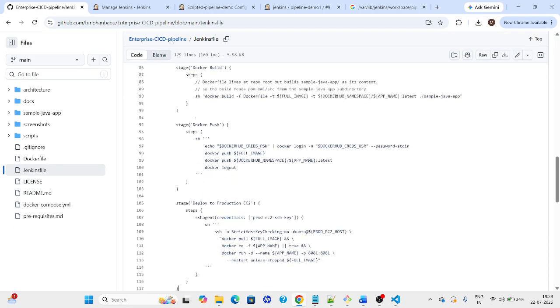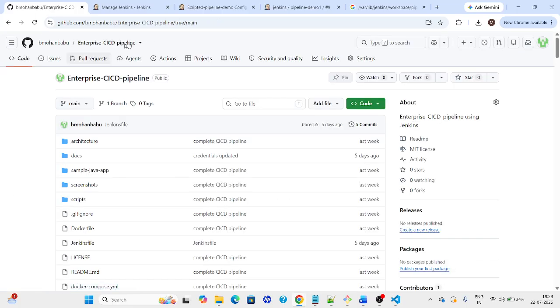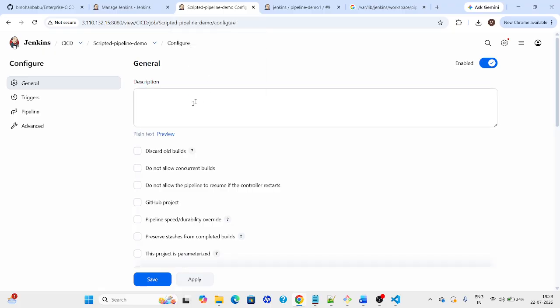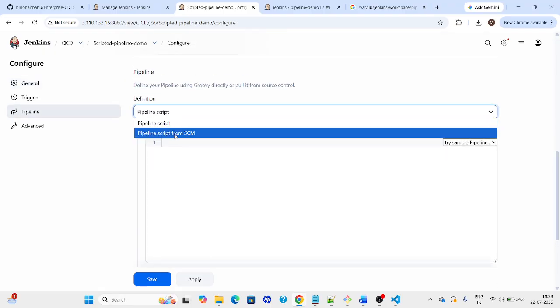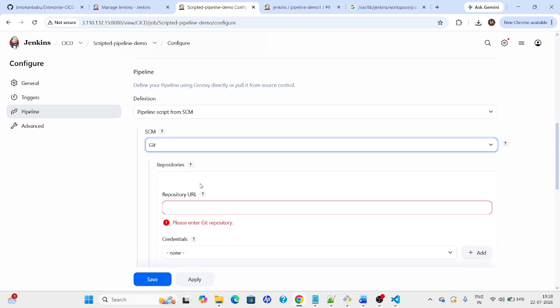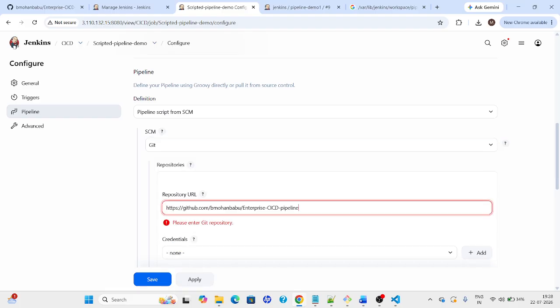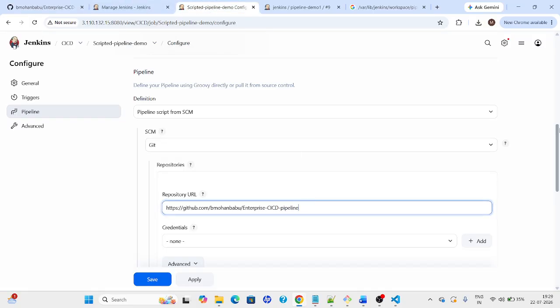The explanation of this one, maybe I will explain tomorrow. It will take a lot of time. I have provided all the details and I will just execute it. Later we will create another separate Jenkinsfile for demo. Here we have to select pipeline script from SCM. SCM should be Git, the repository URL, and then the main branch name,